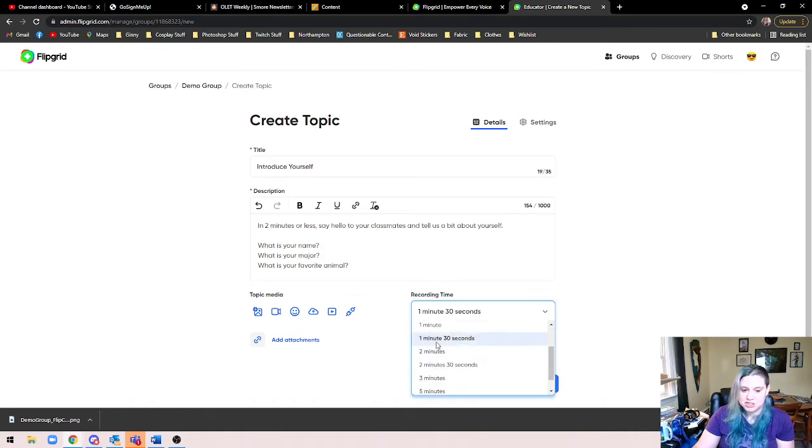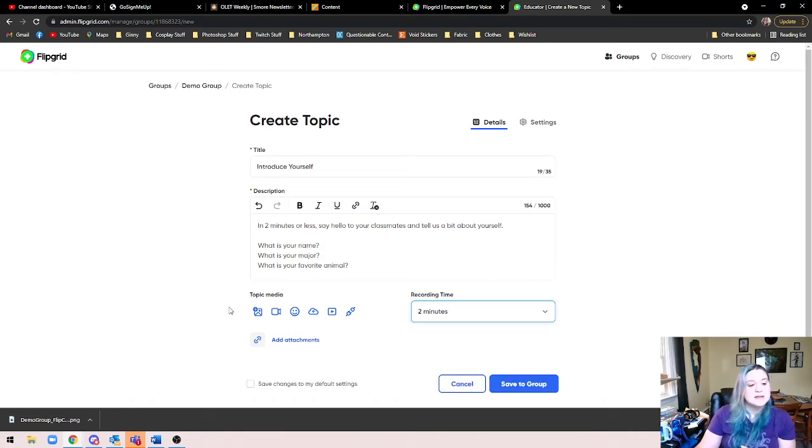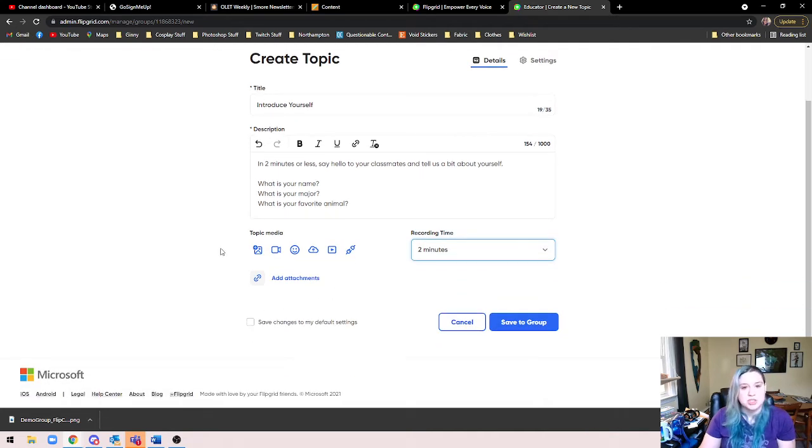I can then down here change my recording time. Since I've said in 2 minutes or less, I'll set that to 2 minutes. Here we have the option to add a piece of media. We can either import an image, so grab an image from our computer and add it to the topic. We can record a video. So right now my webcam is busy recording this tutorial, but I could also record myself asking these questions and saying, hey, this is what I want from you. I could add a Bitmoji, a GIF, stickers. I could upload a video I already have. I could add a video from YouTube,